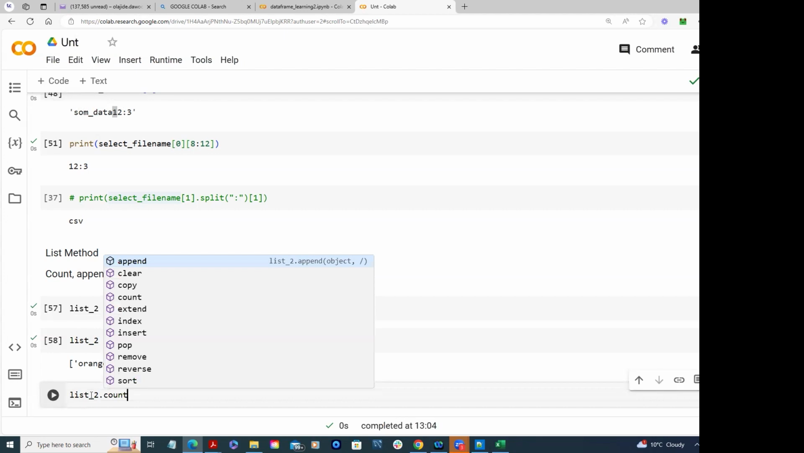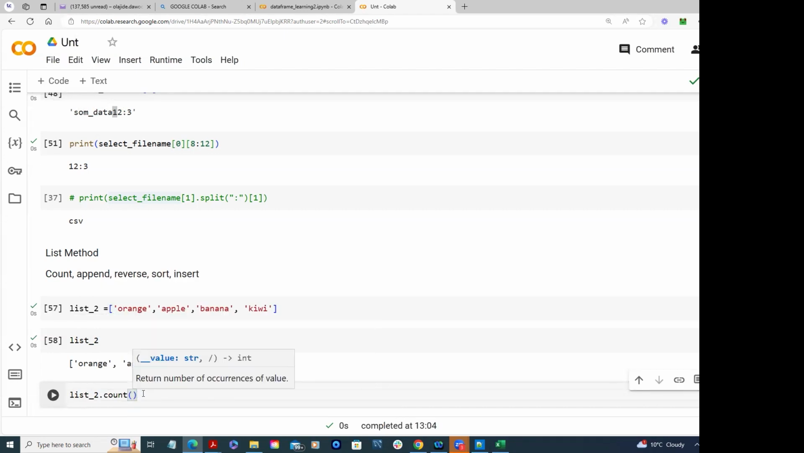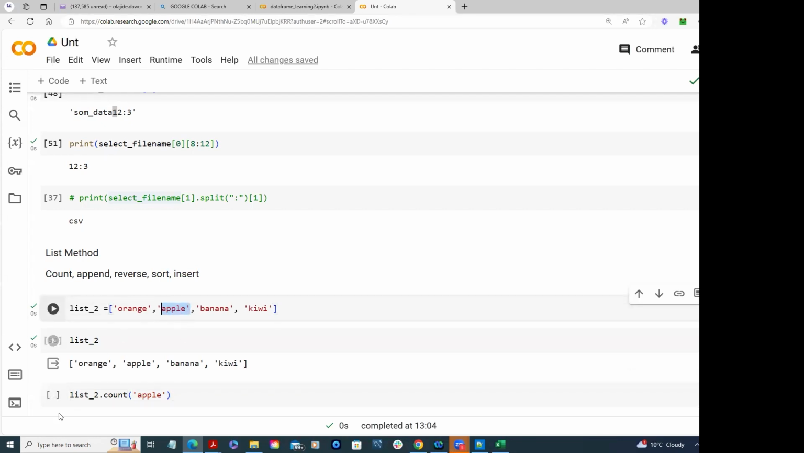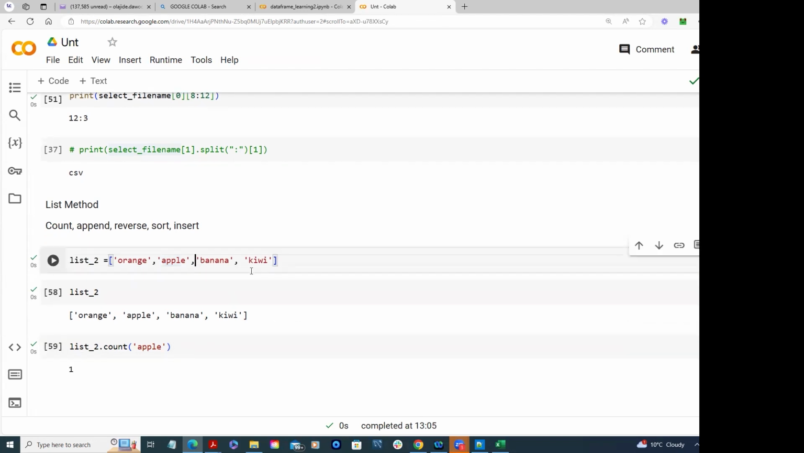I'm going to use count now in this case. While you try to type, it will appear. So within Google Colab, you can use count. And here I can decide to say, I want to count the number of apple, how many times apple appears here. We only have one. So let me run this now. You see, it is 1. So if I decide to put another apple here,